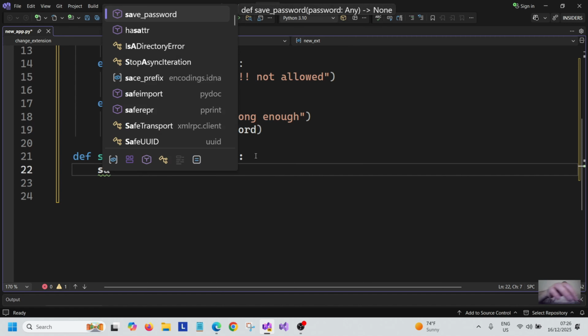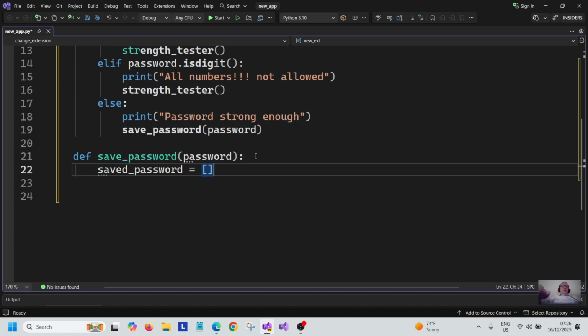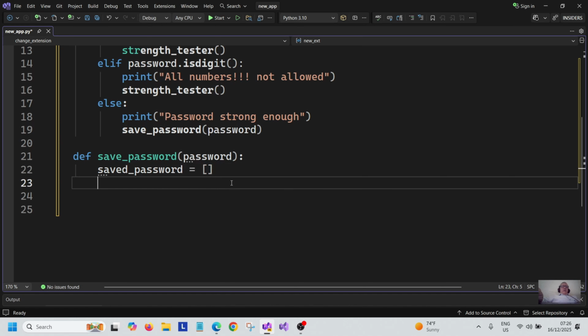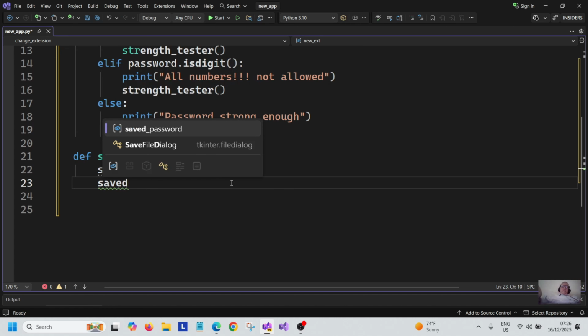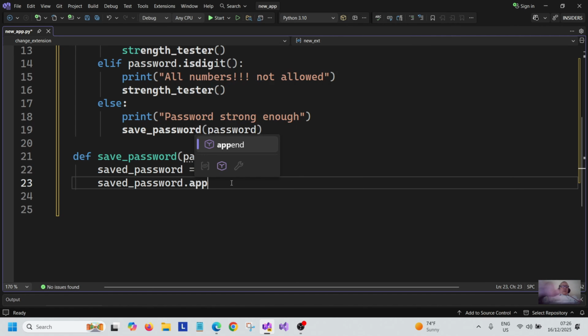I'm going to create saved password. This is going to be a list. So we're going to create a list called saved password, and this is where we're going to insert the password into, and we do that with saved password dot append